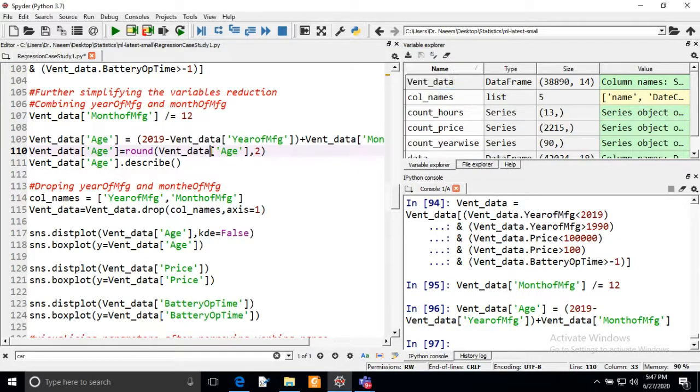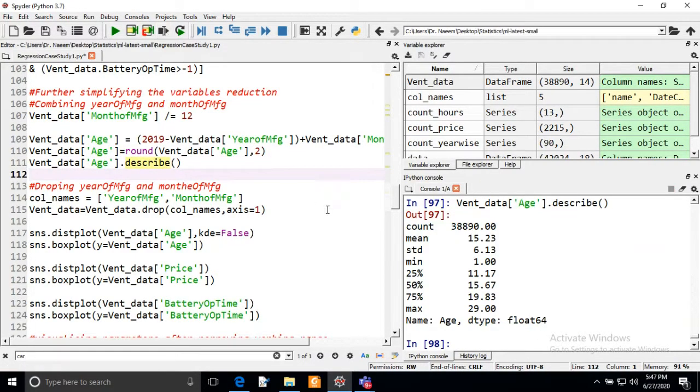As I told, we can also round off. If you want to round off up to 2 decimal places, you can run this command. Already it has been done, because we have already reformatted the floating format. Now we are going to describe the age of.